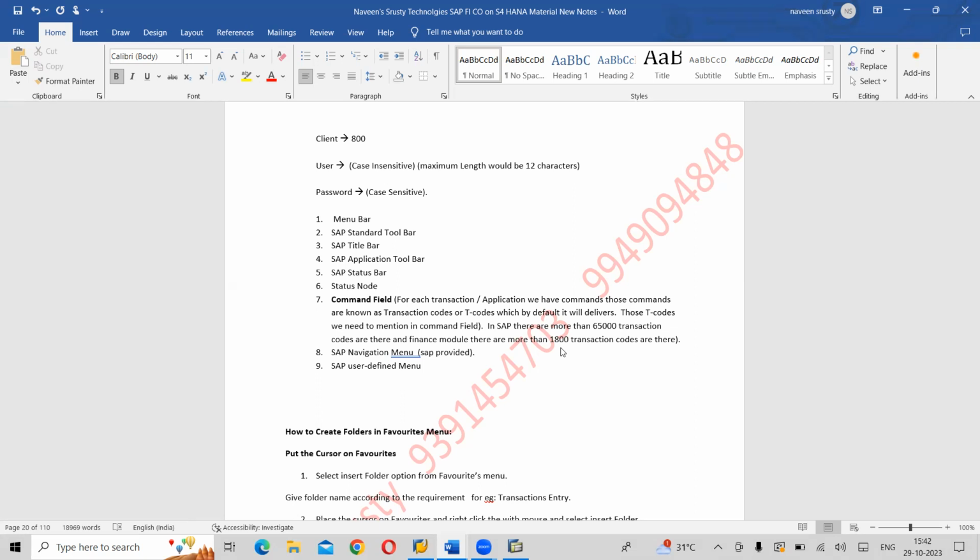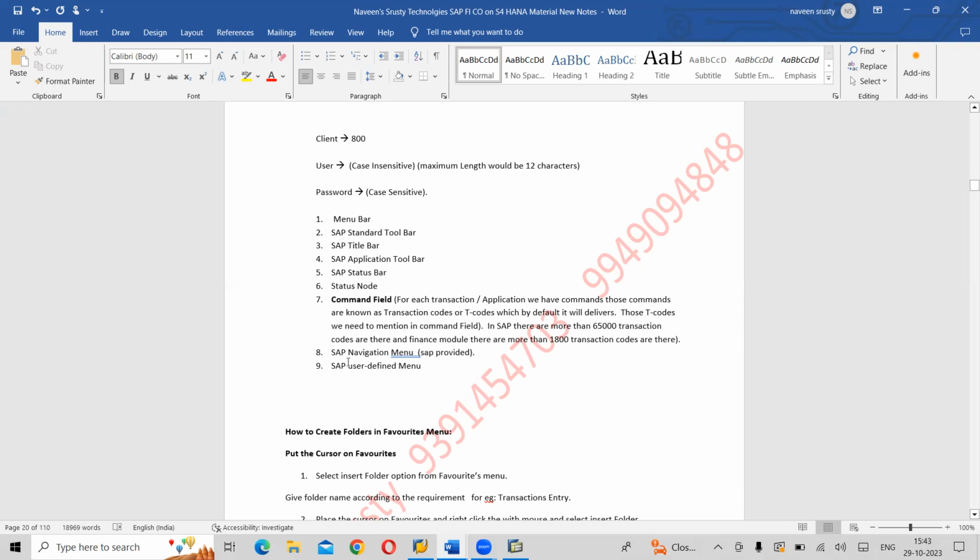Make a star mark, 3 star marks for the transaction codes which we need to remember. Those I'll explain every time as very important, as per interview questions and as per your client point of view. Clear? And this command field is new, which we don't have in MS Office.